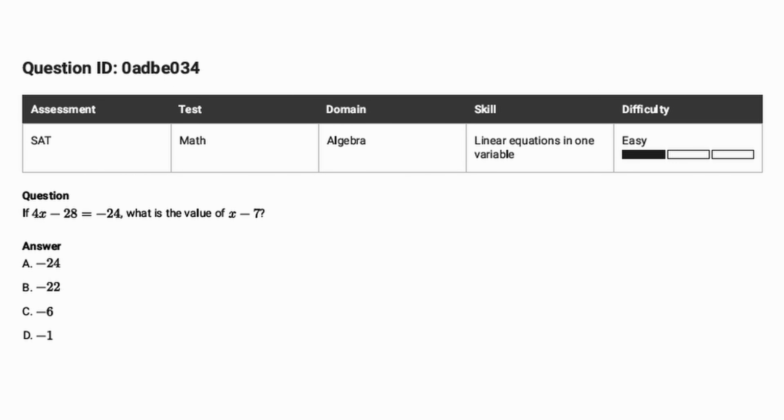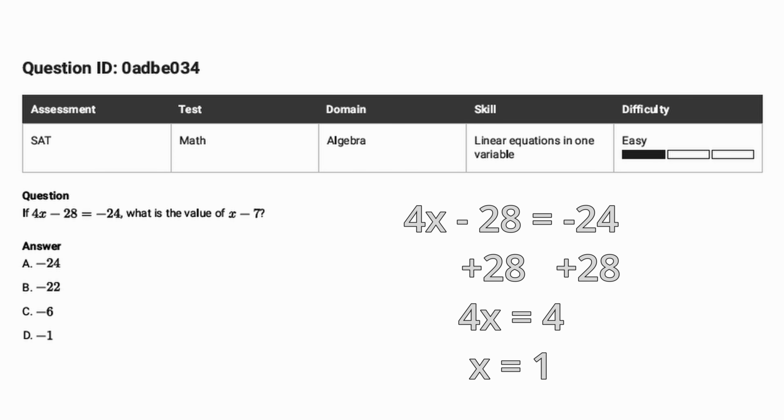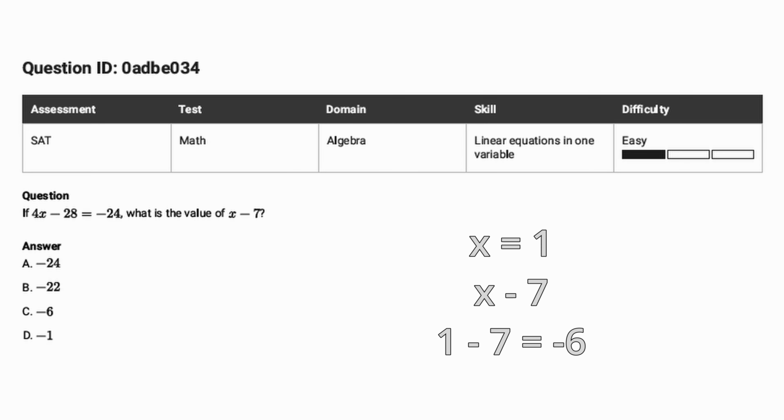For this next one, we have something similar. If 4x minus 28 equals negative 24, what is the value of x minus 7? So we can add the 28 over, and then we can divide by 4, and we get that x equals 1. Then when we plug in x equals 1 to the x minus 7 part, we get 1 minus 7,